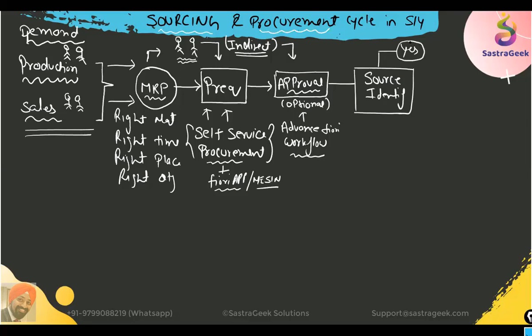Second thing is it's a first time requirement a user or the production team has generated, or we don't have any source. Or there can be a source, but we are not interested to buy from that source. We don't like him. We need a new vendor. So what would be the process? Then the quotation process would start. RFQ would be created. RFQ is nothing but request for quotation.